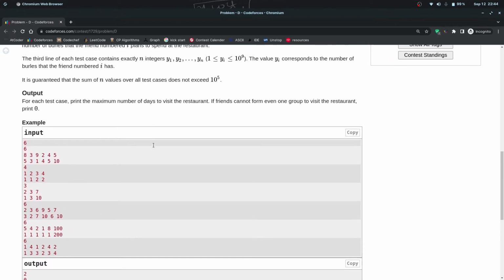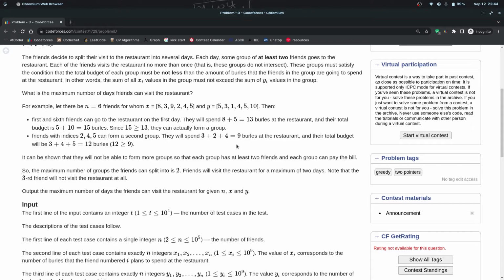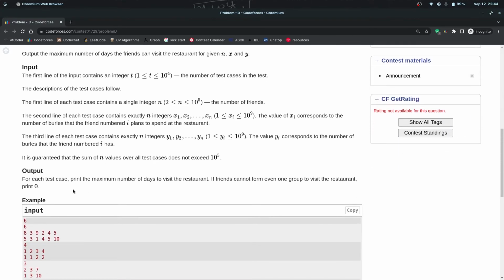So the first observation, without thinking about anything else, is that to maximize the number of groups, we need to make sure that all the groups are of size 2. It will not be viable to make groups of size greater than 2, because the minimum size is 2 and we want to maximize the number of groups, right? So the second observation I'll tell you is